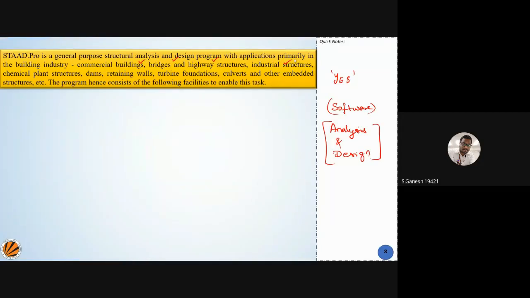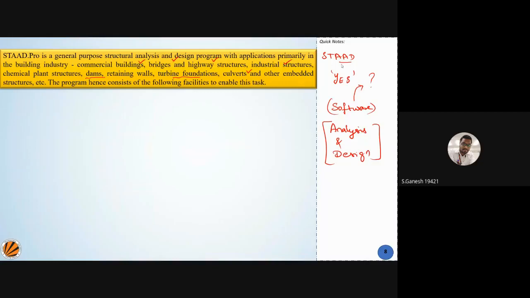Of course, yes, you can do that over here. And yes, in certain cases you want to design hydraulic structures, certain dam structures, or some kind of retaining walls, turbines or foundations. You can use it there also. And in certain cases, box culverts for structural analysis, we use it also, right? So this is the main platform where we use it. But what is behind this software? That is the question. When someone asks you the name of STAAD Pro, you say it stands for Structural Analysis and Design Professional.